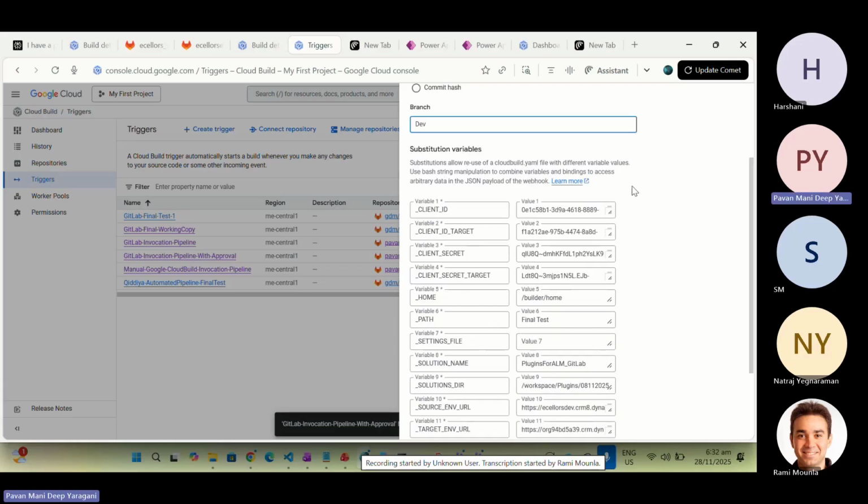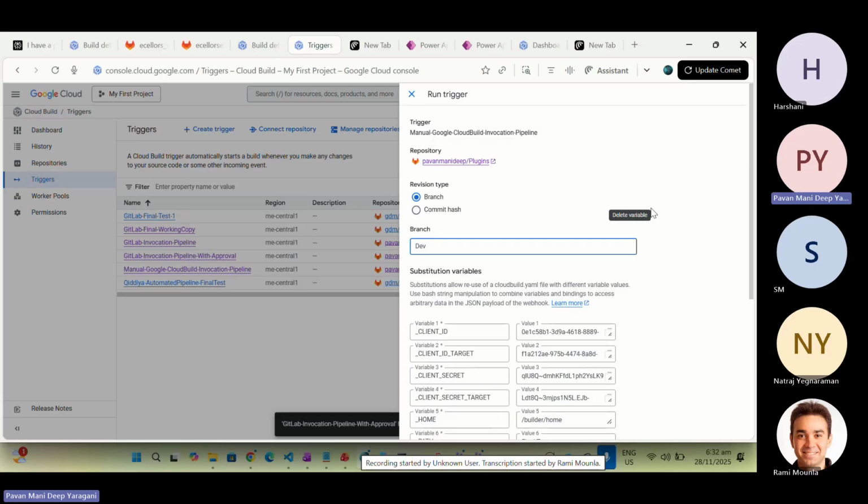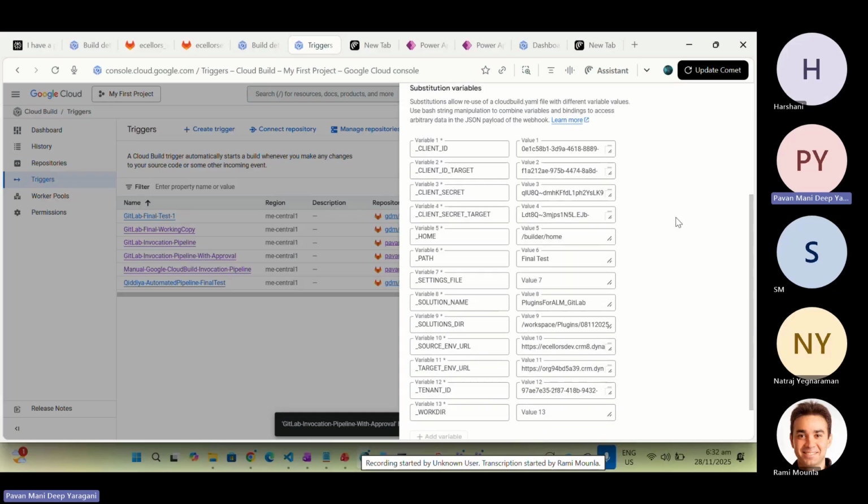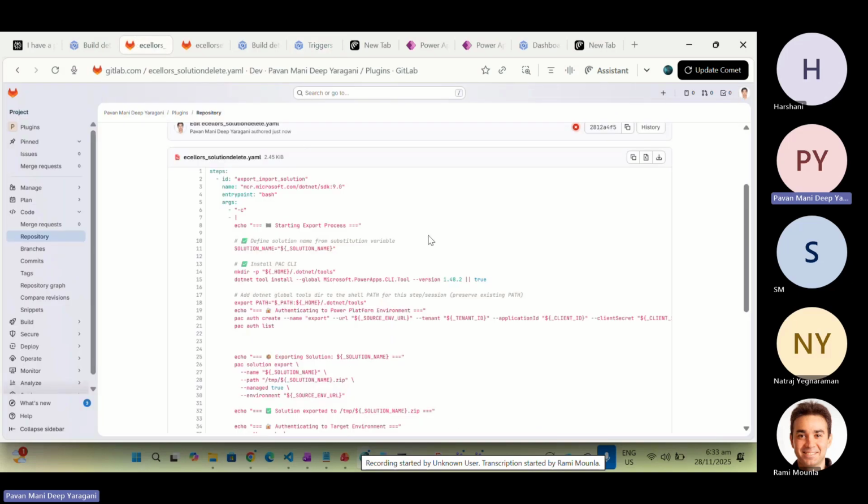So in order to show all these things, I took a manual one. Here we will be providing the client ID. These are the substitution variables, which are nothing but the configurations we can provide to our Google Cloud platform, and this configuration will be passed as variables to our YAML pipeline. If you noted that in YAML pipeline,